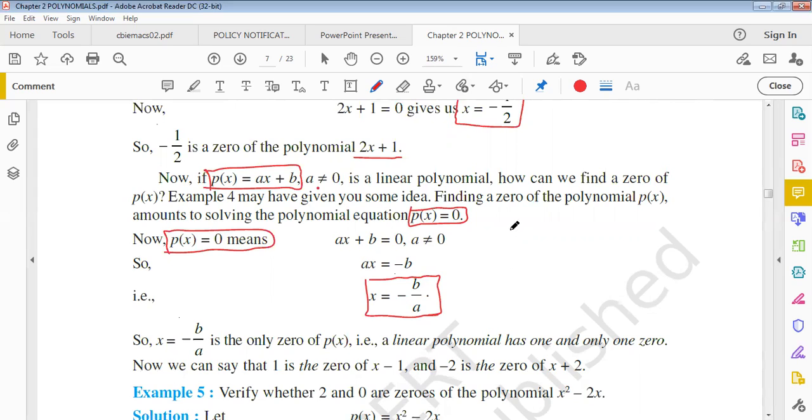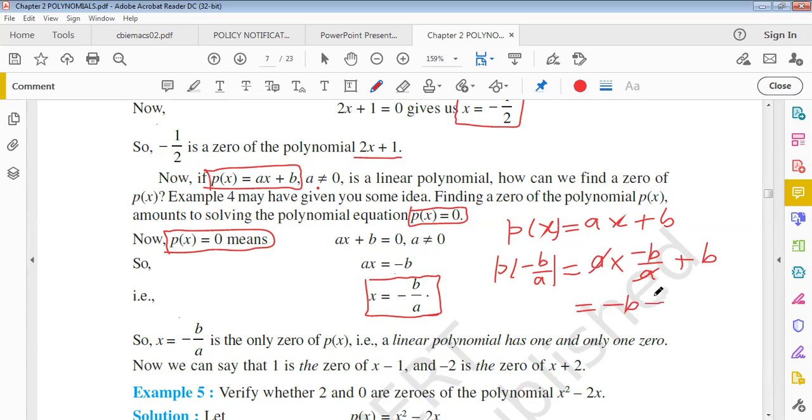So look at here, px दिया हुआ है, मैं इसको verify करके बता देता हूँ आपको. px is equals to ax plus b. तो x की जगह क्या रखना है? minus b by a. So p of minus b by a is equals to a into minus b by a plus b. So this a and a will be cancelled out. What is remaining here? It is only minus b and plus b, which is equals to 0.